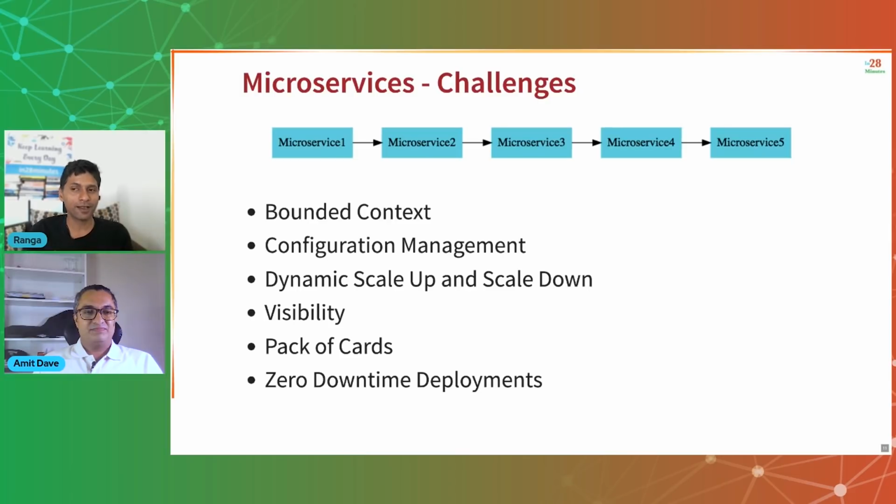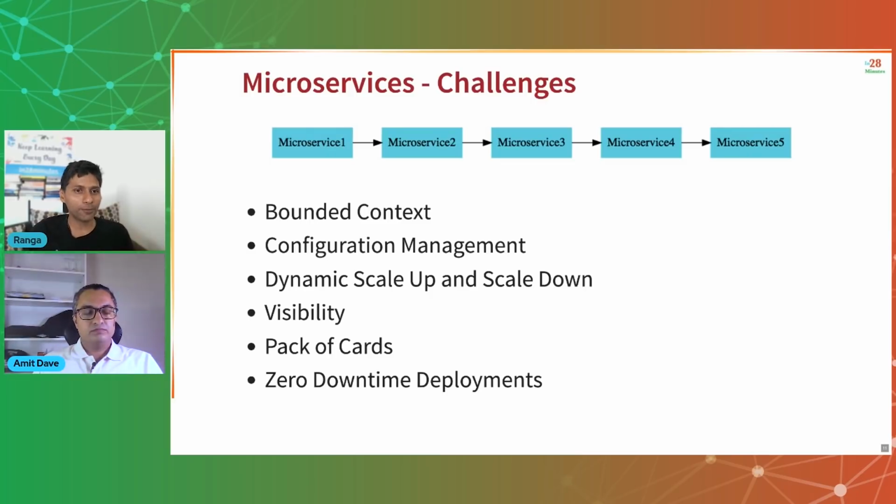So you want to be able to have tracing. Like if there's a performance problem, you want to be able to find out where the problem is, where the request is spending a lot of time. That's where you have distributed tracing, right? And then you also want centralized logging. When there's a problem, you want to be able to trace what's happening across microservices. That's where something like centralized logging comes into the picture.